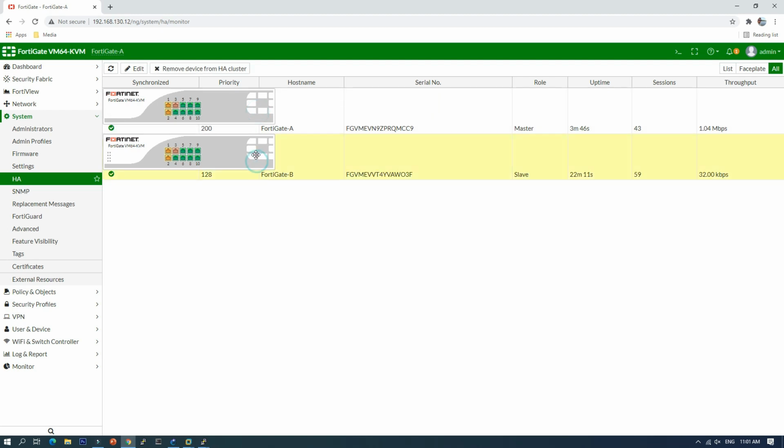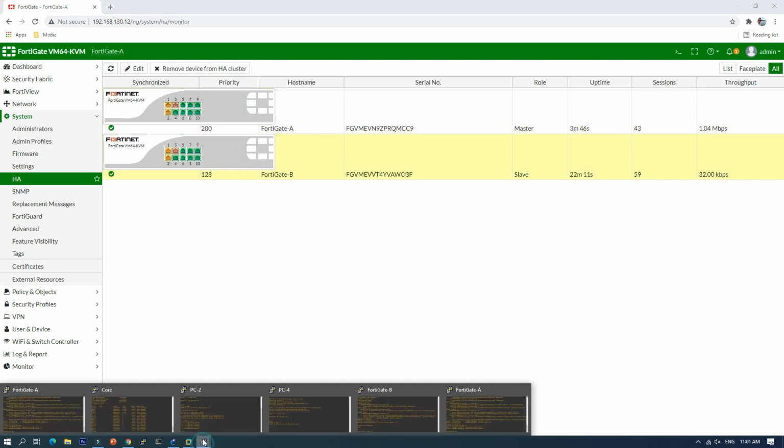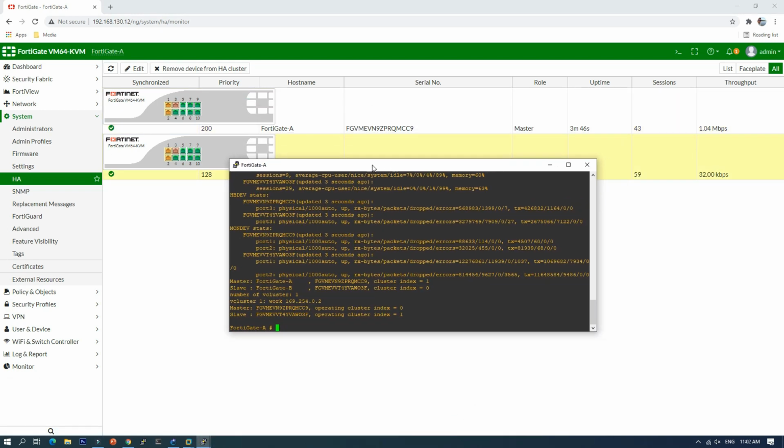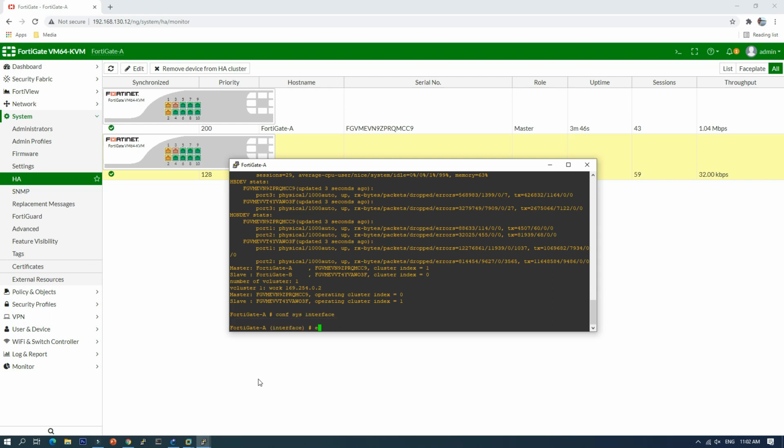If you want to log in directly to the FortiGate, actually this is the HA cluster. So sometimes it can be FortiGate A, sometimes it can be FortiGate B. And if you want to log in directly to FortiGate A or FortiGate B, you go to FortiGate A, config system interface, edit port number 1.